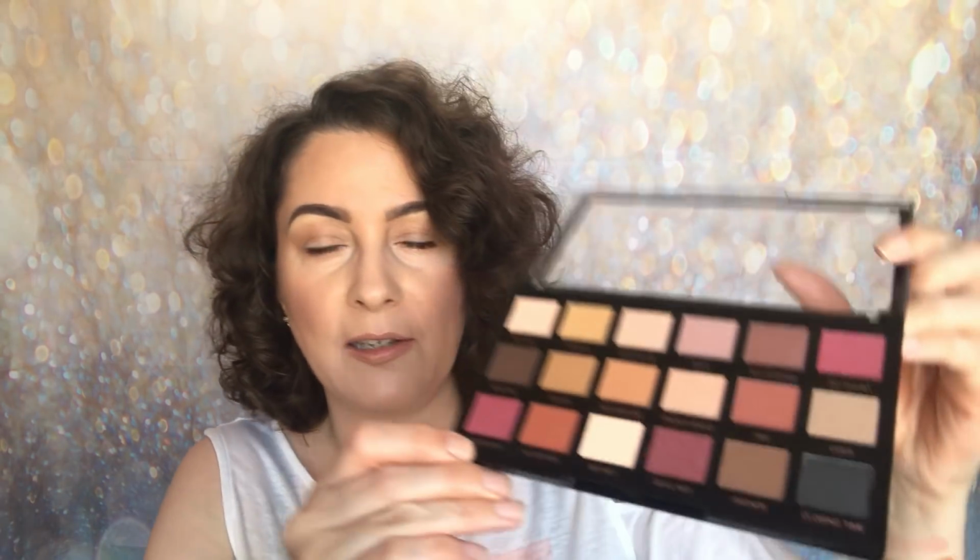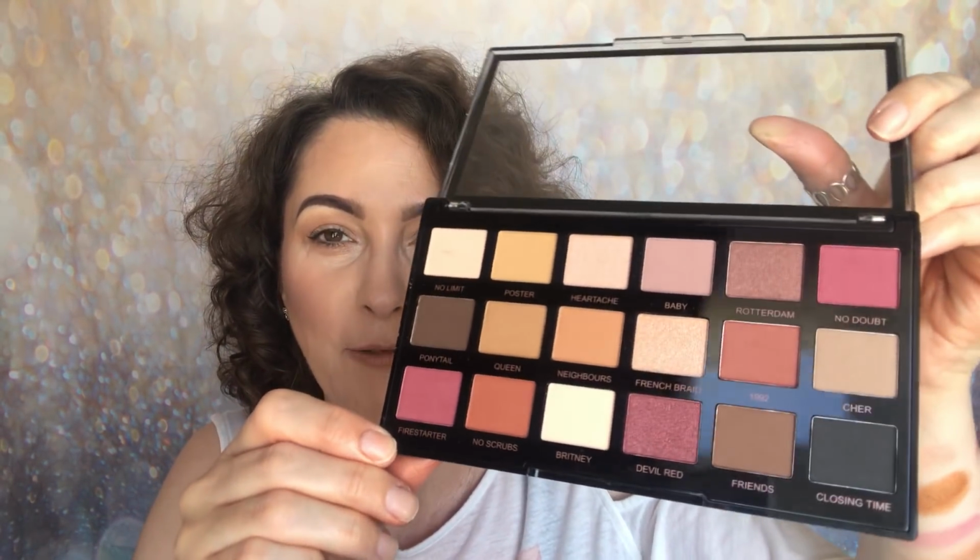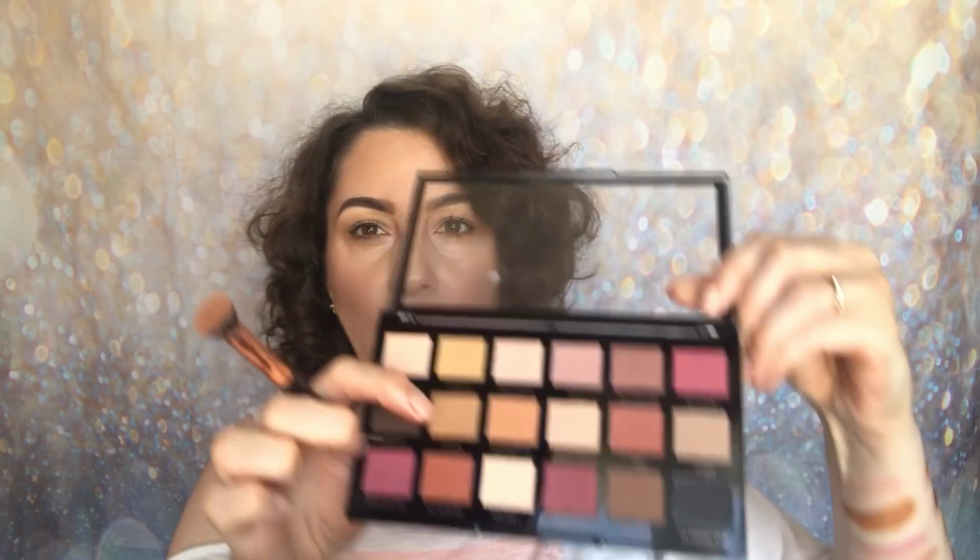The palette that I'm going to be using today is the Revolution Pro Regeneration palette, Restoration. This is actually a new palette. Again, I've had to repurchase this because my daughters liked the original so much, but that's absolutely fine. I have got a little bit of eyeshadow on, not much, because I had to race down to Superdrug to pick these up, and I really wanted to share these with you. There's not actually much mentioned about these crushed pigments, the crushed pearls, so I really wanted to share these with you. So I've got a little bit of eyeshadow on there, but it's going to be covered up in a moment or two. So I think I'm going to go in with Queen, I think. So this one here,